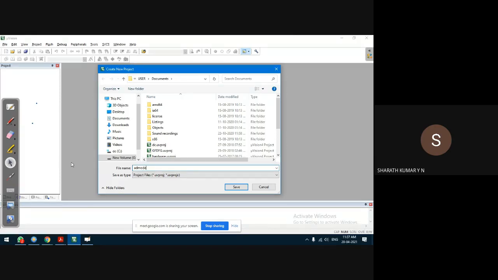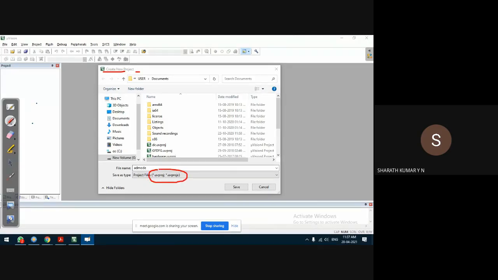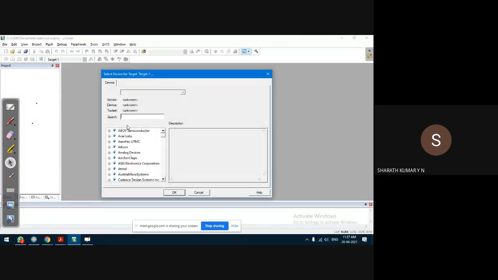As we discussed last class, when you're creating a new project, you should not provide any dot extension. The compiler will automatically append it. We should give just a name for the project. Any name works, no problem. It opens like this.